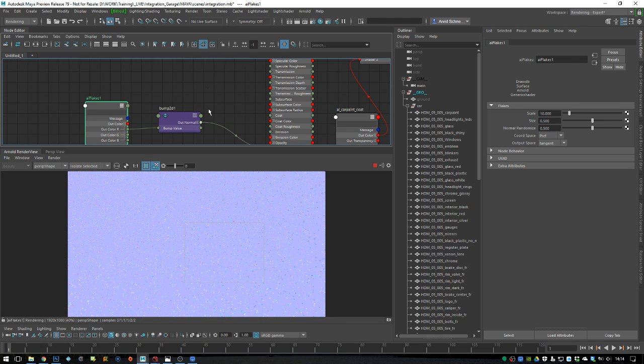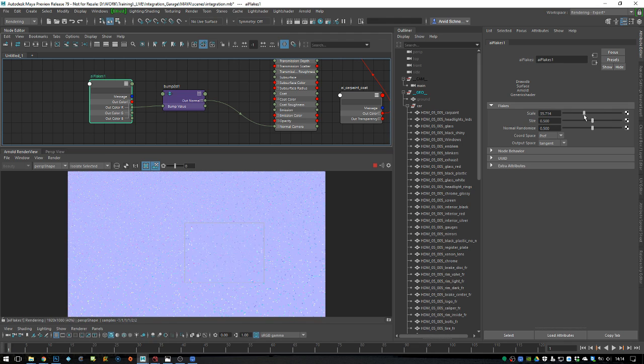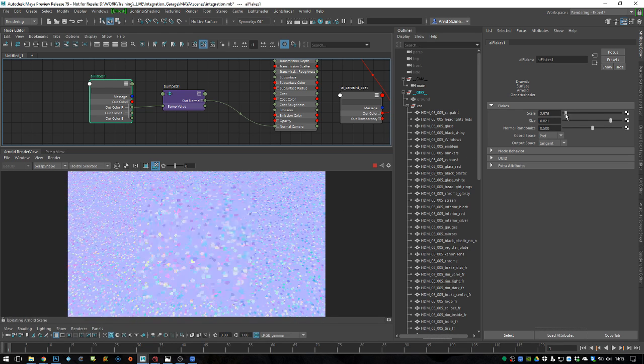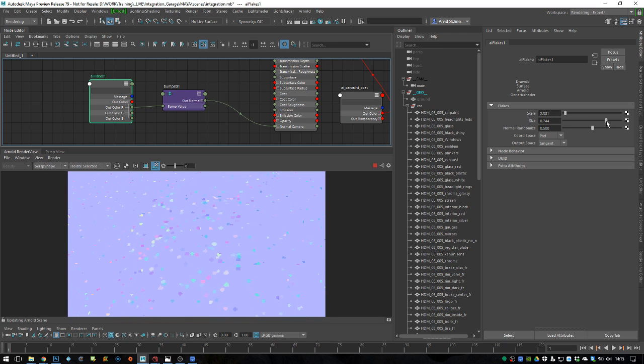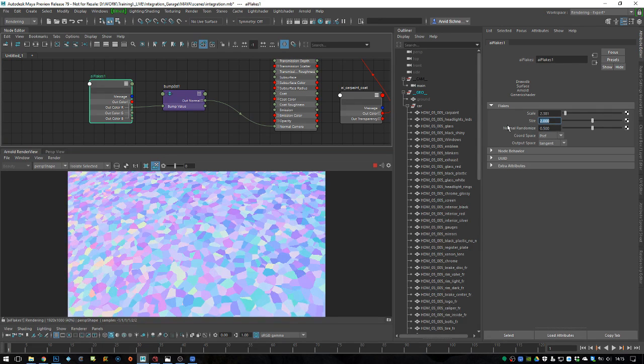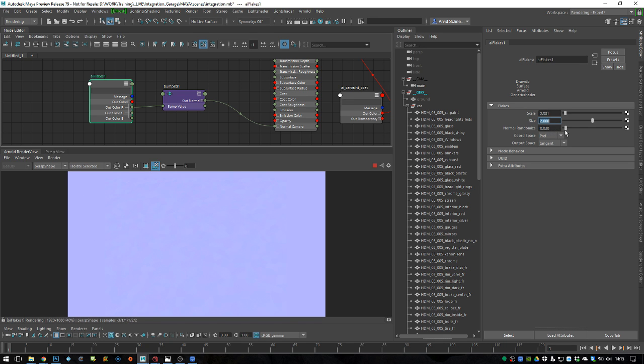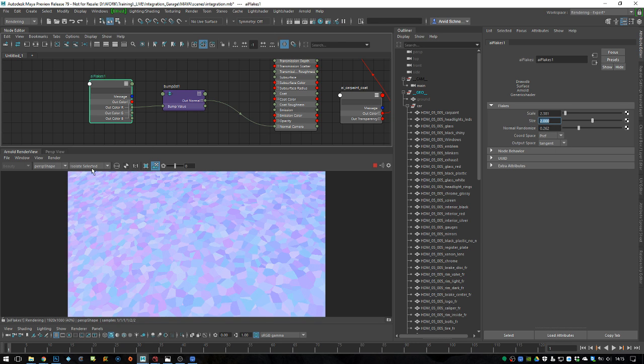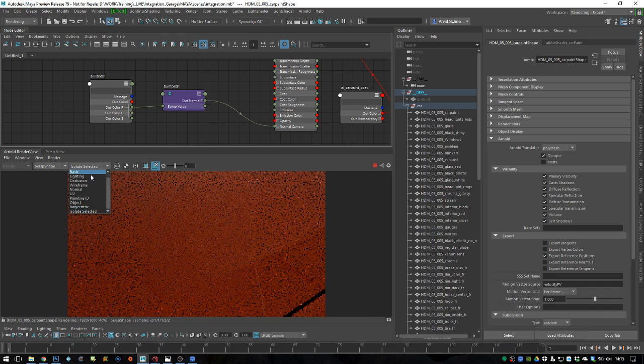So I just connected this to the bump and the bump into the shader, and then you can just change the scale of each flake. Oh no, sorry, the size of each flake is here, and then you have a density, which is this guy. So this is the default how they look, and the more you have, at some point they connect, and then you get these pretty nice connecting flakes like this, which is kind of what car paint flakes look like. And then you have the divergence, which is the offset of each flake. So on 0 it's just off, and then the more you introduce the normal randomize, the more those flakes get rotated. So if I would zoom out now a bit and change the shader,